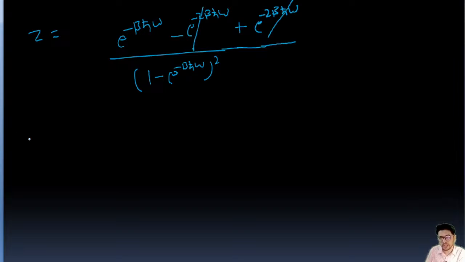This and this will get cancelled, okay. So that is going to be e to the power minus beta h cut omega upon 1 minus e to the power minus beta h cut omega